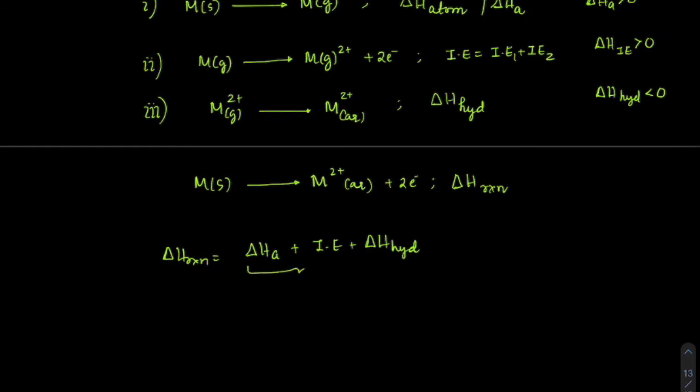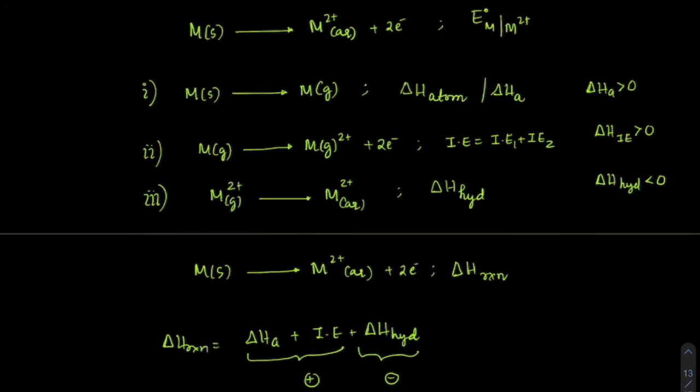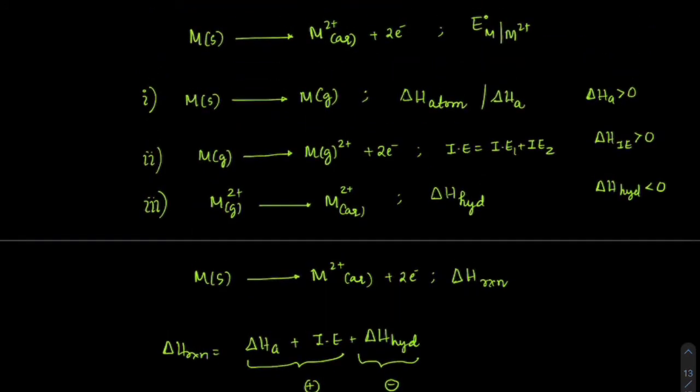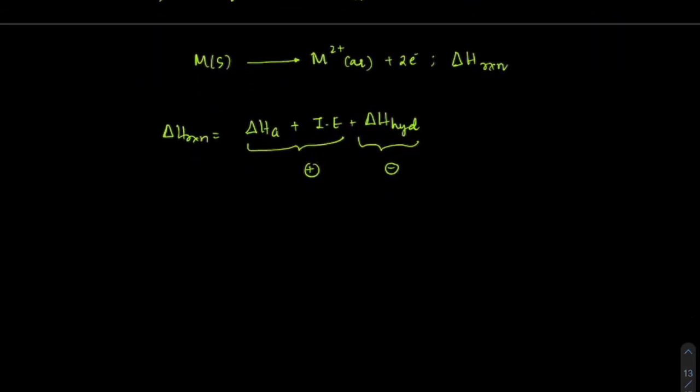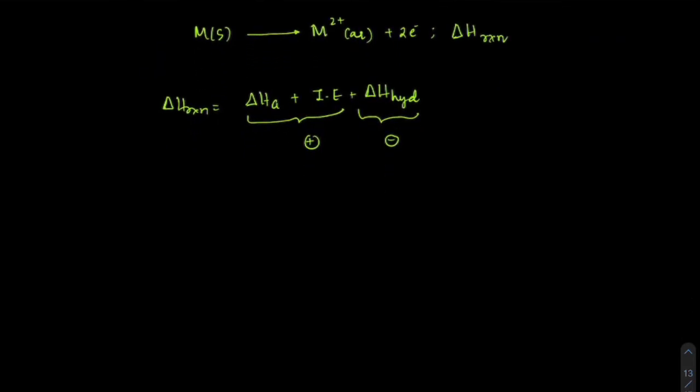And we know that these two are positive values and these two are negative values. You don't see there is any change in the entropy. There was only one metal atom taken and now it is converting into one aqueous atom, correct? If you see the overall reaction, yes, definitely there is a change in entropy because it has become aqueous form, but that is still not a gaseous form, so there is not a large amount of change in entropy. But what we can say, whether the reaction has to go forward mostly depends upon how much delta H is being negative overall.